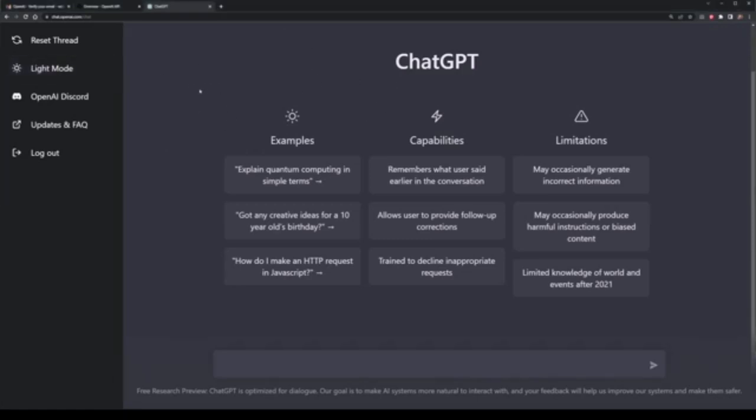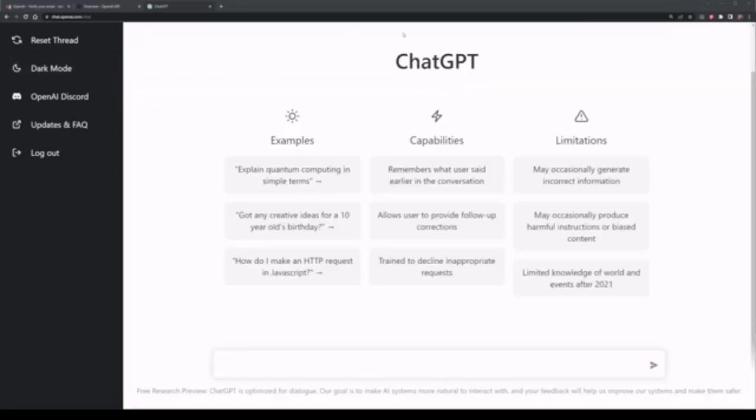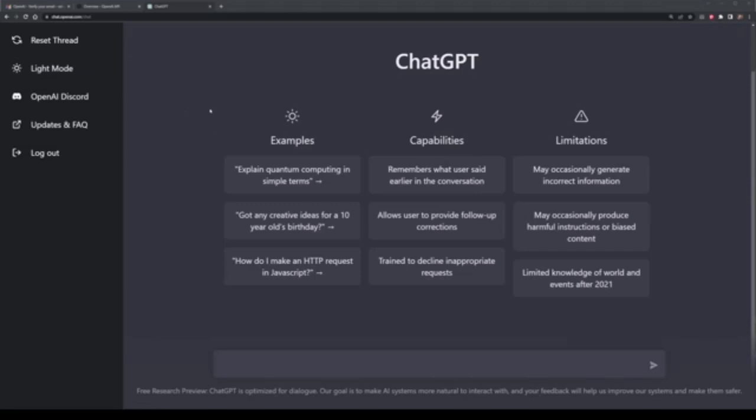I'm going to swap to dark mode, which, well, doesn't do anything, but then I can also swap to light mode, which is a little bit harsh on the eyes. Personally, I prefer the dark mode, which is what I'll keep it connected to. I also have the option here to connect to the Discord server that we had a look at earlier,